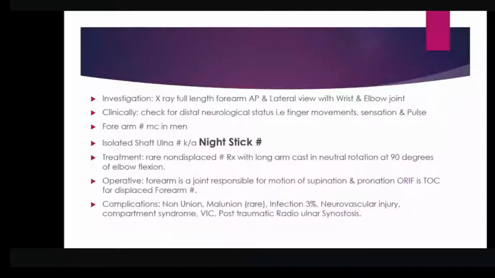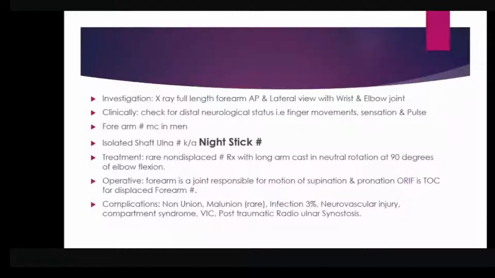The extent of the plaster should be above knee, where knee joint movement will be prevented, and up to the toe for prevention of movement of the ankle joint. So this is the basic principle of any plaster application. You should incorporate the joint proximal and joint distal to the affected bone.